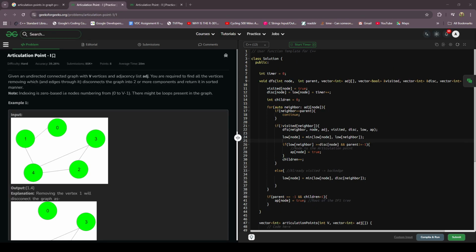So I have solved the next problem as well. In this we had to find articulation points in a graph, and it is quite similar to the bridge algorithm. So let me first explain what an articulation point is. I think it is already written in this problem. Okay, it is not written in the problem, but